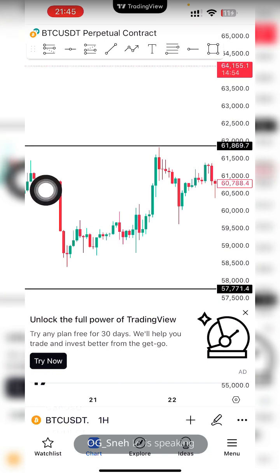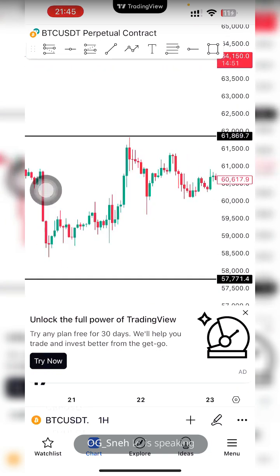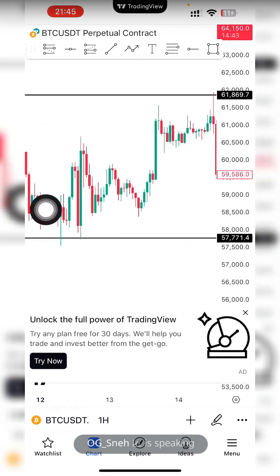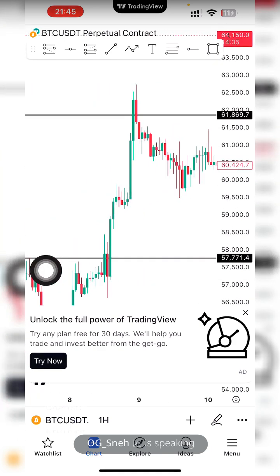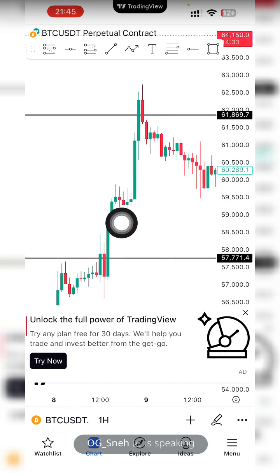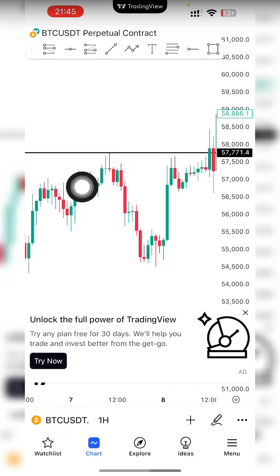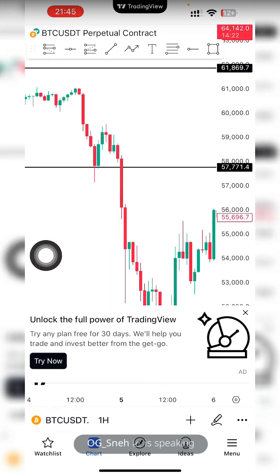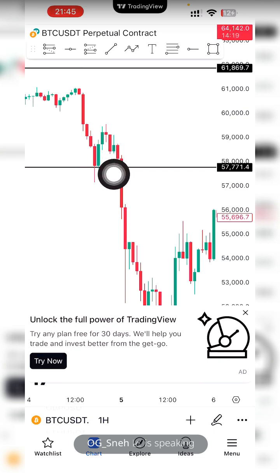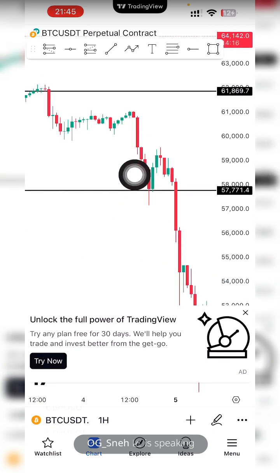Are you guys with me? Are you getting it? See, before they do this green, they were able to leave a small red candle. Let's check charts, as many charts as possible. Look at it. Before they do red, they left a small green candle. Before they do these big moves, you can see a small red candle. Can you see a red candle before the green? See, before this red that you are seeing, they left a small green candle, and so on. You see, red, they left a small